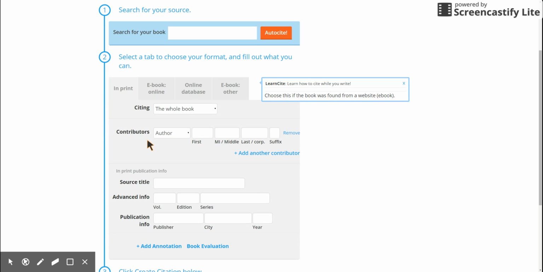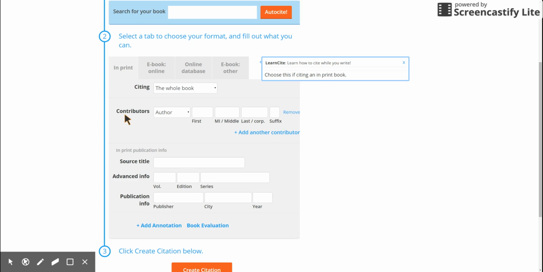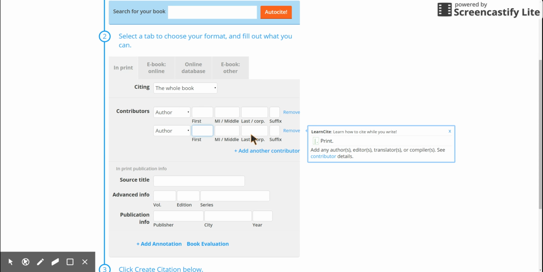The two options that you would use in the case of our research is an in-print or an online database. In-print means you can physically hold the book in your hands. And what you're going to do is you'll enter the author's name, first name, middle initial, and last name. If there are multiple authors, you would simply click add another contributor, and you can keep adding to the list